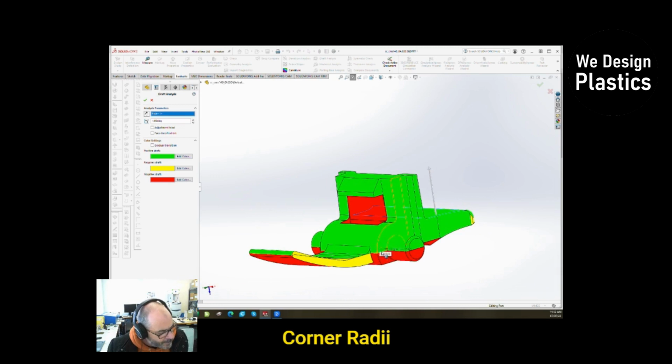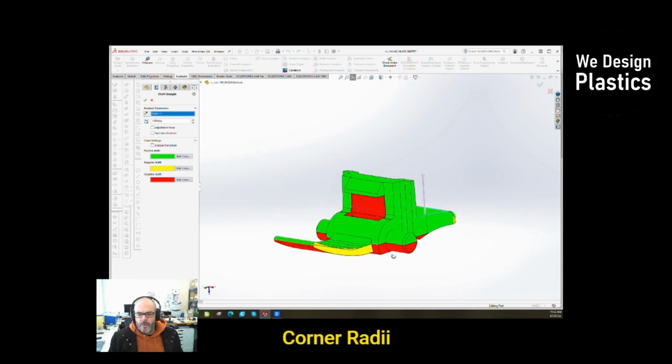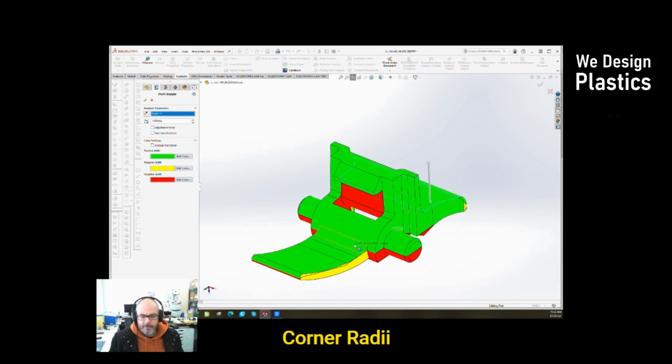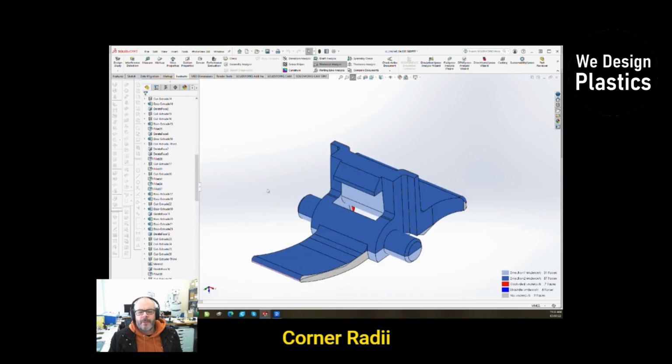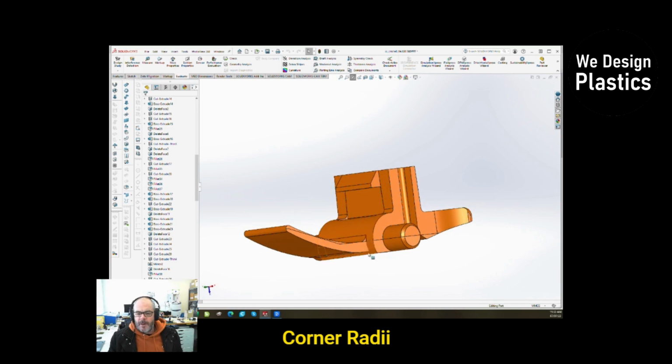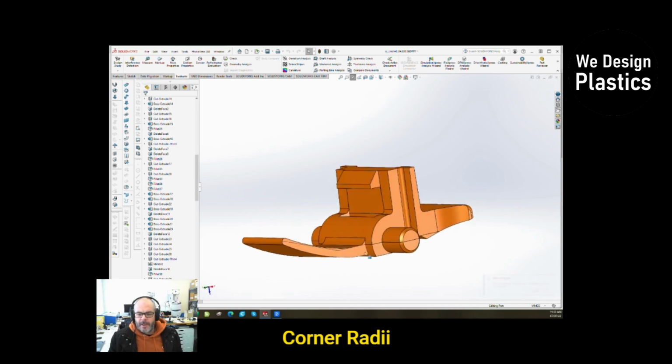Okay. Corner radii. Are there adequate corner radii? And the one after that is stress points. Are there stress points? So it's really part of the same thing. As you can see, this little flexible finger here, we'll turn off the draft here. Flexible finger is going to be flexed in this direction, so this will be a stress point if that didn't have that radius there. We should probably put radiuses around the whole thing just to get rid of these little sharp notch areas